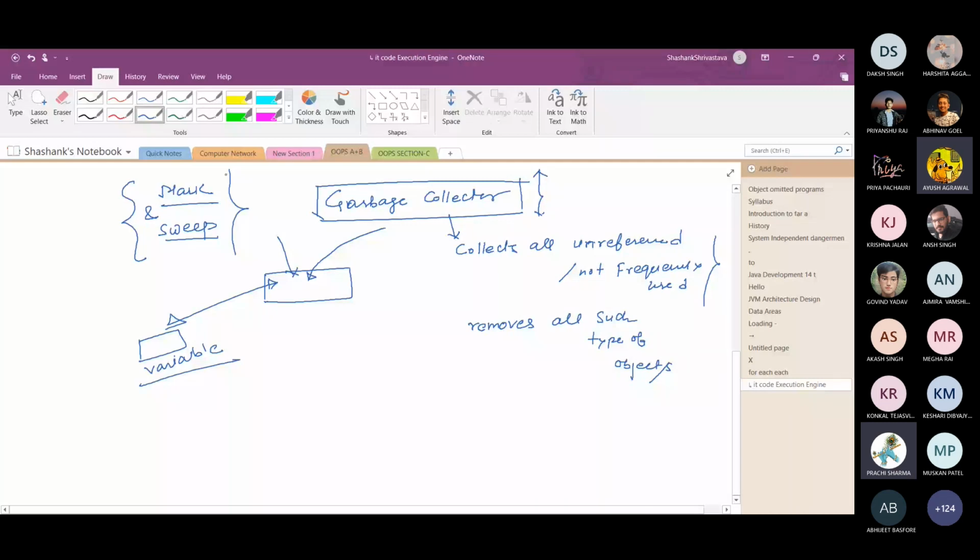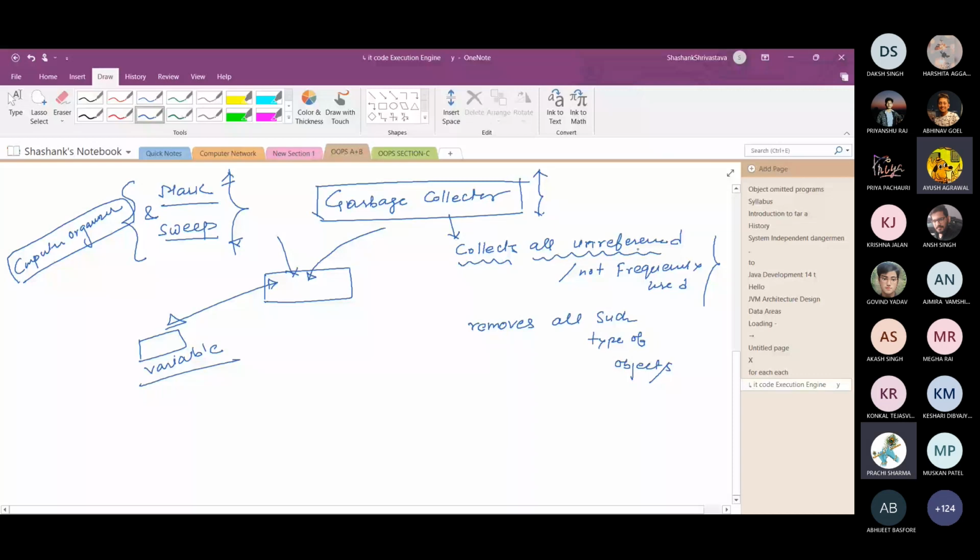There is not much required here, only the basic thing. The mark and sweep algorithm is used for garbage collection. In a Java interview also, only these concepts are required. What is the need of garbage collector? It takes the help of the mark and sweep algorithm internally, and it is used to improve the performance of memory, for efficient memory utilization. So only these basic concepts are required.